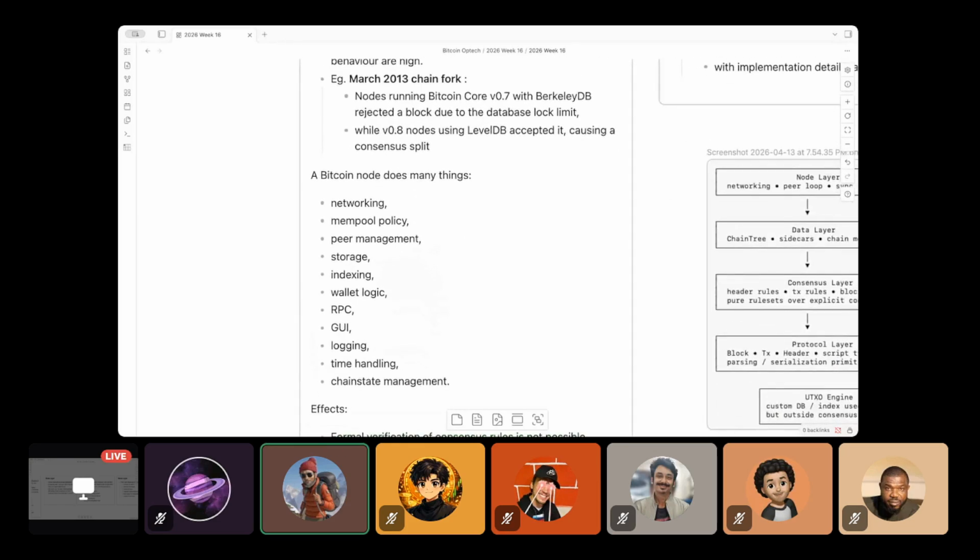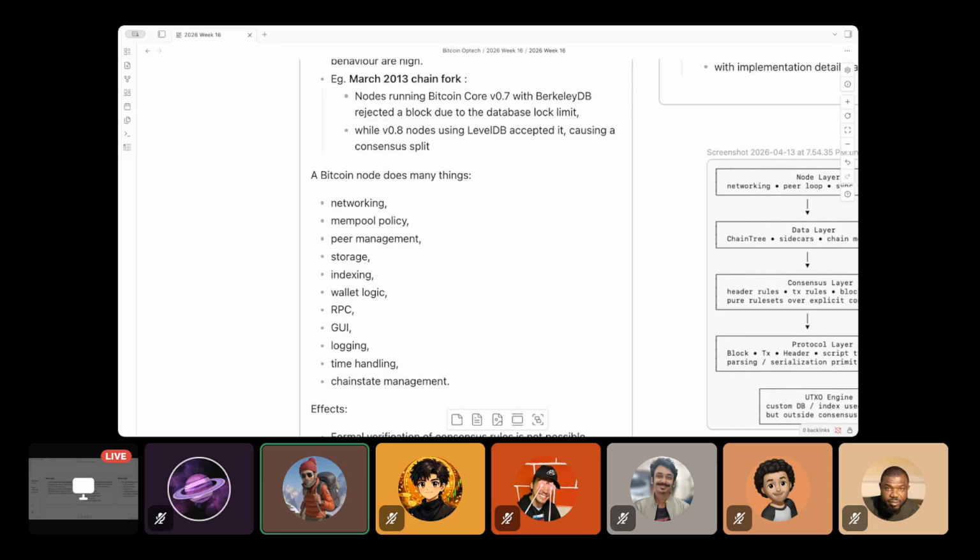So Hornet is a way to look at the different things that a Bitcoin node does. In a modular fashion, a Bitcoin node does networking, mempool policy, peer management, storage, indexing, wallet logic, RPC, GUI, logging, time handling, chain state management.